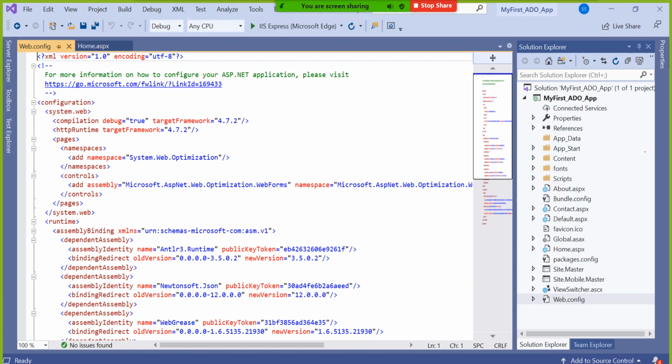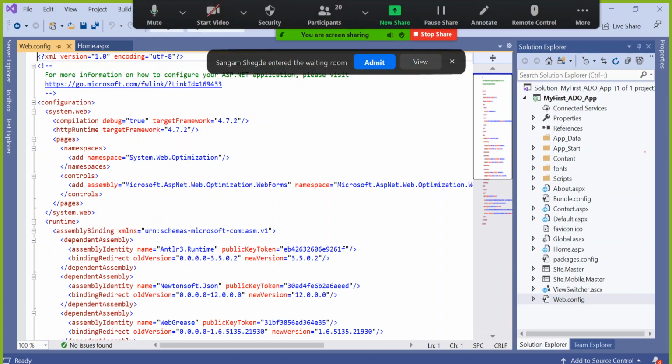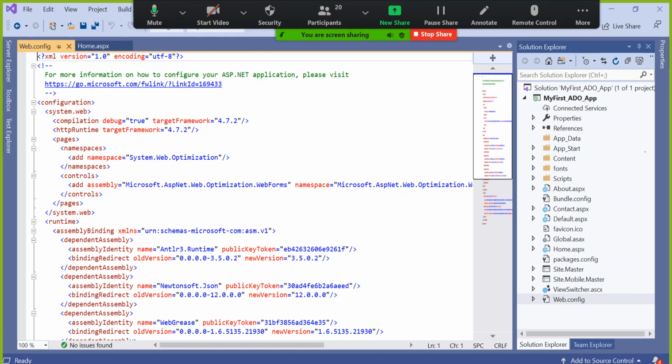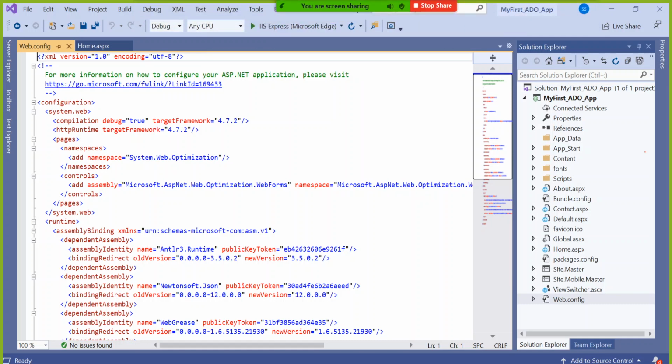Okay, because today's topic is communicating with the database. So if some 50 to 60 pages are communicating, then it is obvious that we will be using database name, table name, user ID, password of the database across all 50 to 60 pages.